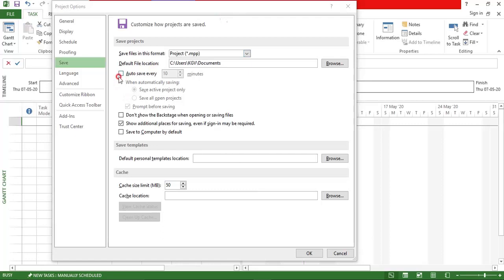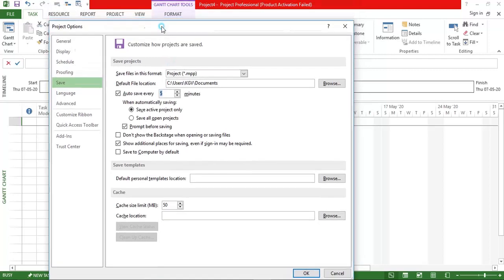Next, autosave. Why is autosave very important? Likewise in Word, if your laptop suddenly shuts down, there will be an auto recovery file in MS Project or in PowerPoint. In Excel, we don't have these auto recovery files, right? So here, if you select this auto save option, every 5 minutes or 10 minutes the file will automatically be saved without your knowledge. This might help you when suddenly the battery or the current shuts down. So for your safety, just set it according to your convenience.